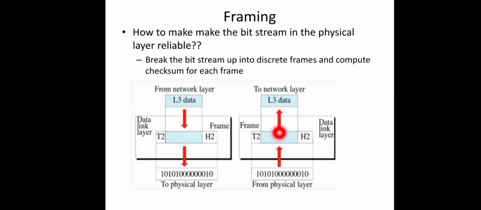That is the question here, and it is solved by the sender machine. What the sender machine does is put some marking for each frame. It will put some extra information in the header or trailer part to find the start and end of that frame. Using that marking information, the receiver data link layer can cut this stream of bits into discrete frames and compute the checksum and all. So this is actually called framing. So how is this marking information added, or how is framing done? Different techniques are there for framing. We can see them one by one.